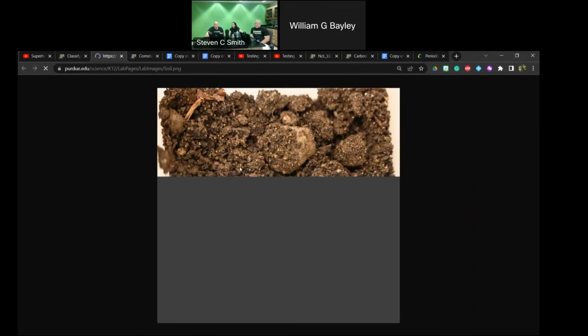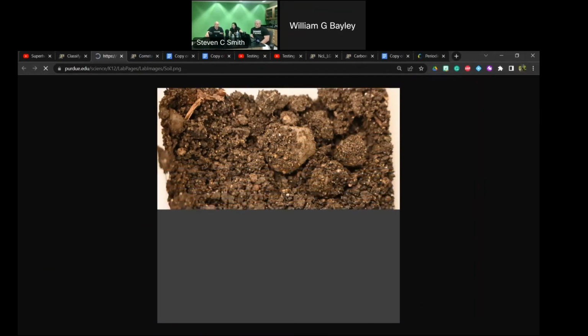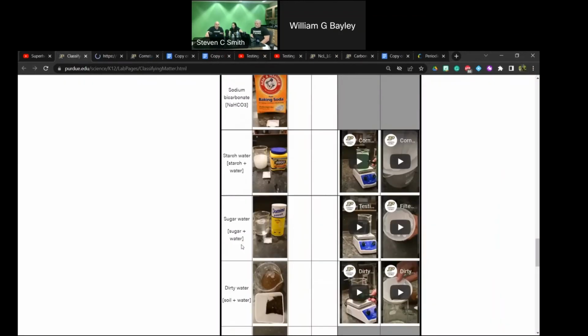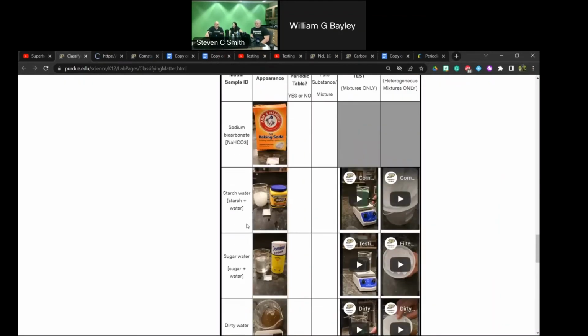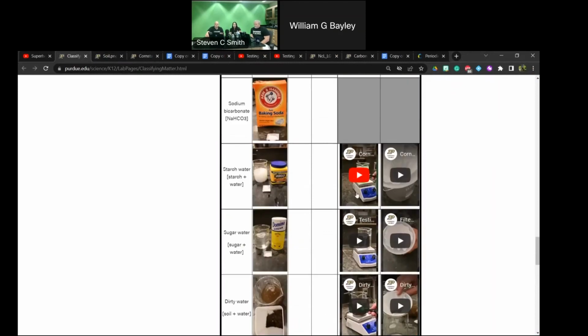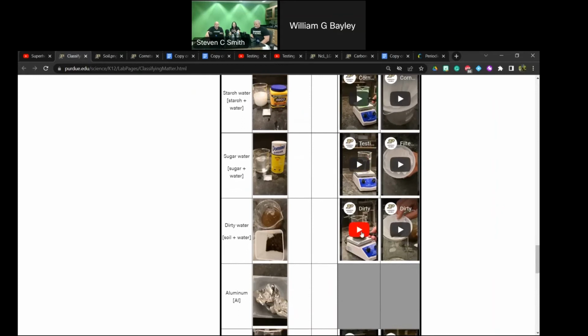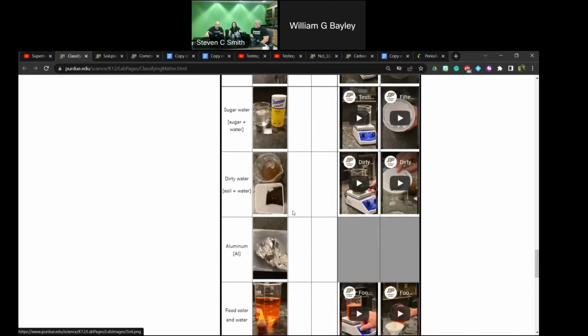No, this is good, yeah. So this is going into the water. So imagine mixing this up with water. And again, we don't want to give anything away. So Bill and Stephen did a really good job. I was working on some of the handouts with this, and they were setting up all the Tyndall effect tests and then the filter tests and going through each of these. We don't want to give it away. We don't want them to automatically think, oh, this is a homogeneous solution, so I know I don't have to filter it. So they can decide based on what they're observing and seeing how to classify those.